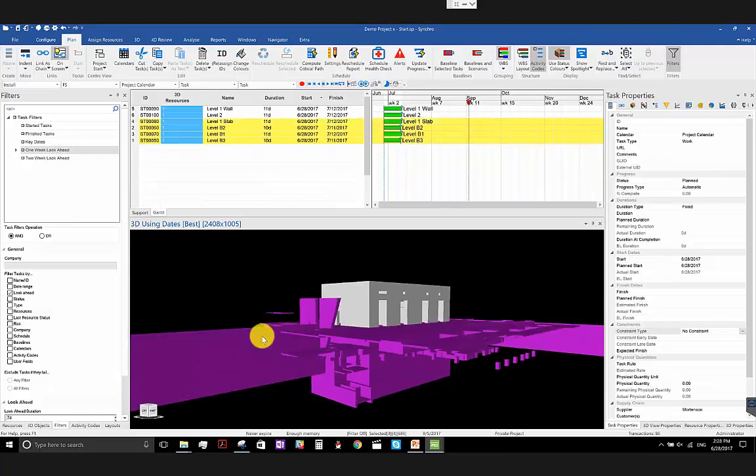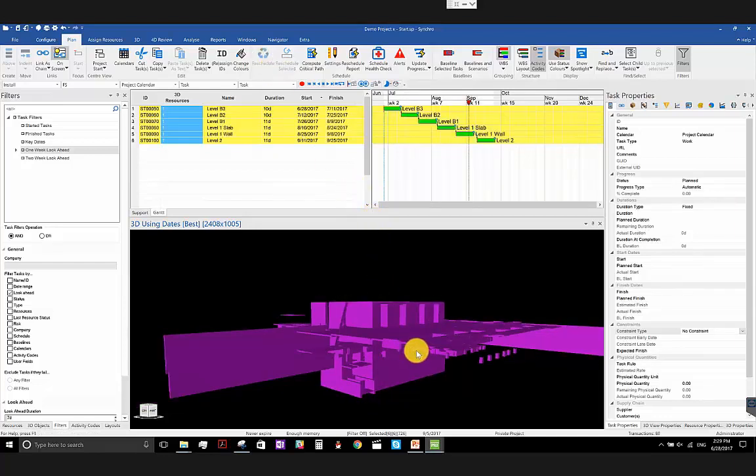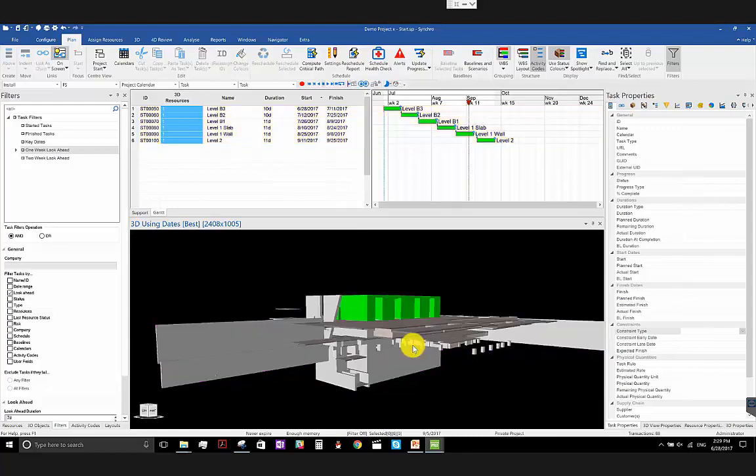this one, level 1, and this one, level 1 wall. The one was slab, and then level 2. After that, I can simply hit Control L. You will see that some logic has been added, some relationships have been added. Let's take a look. Once I hit the reschedule button, you can see my entire sequence has been built,